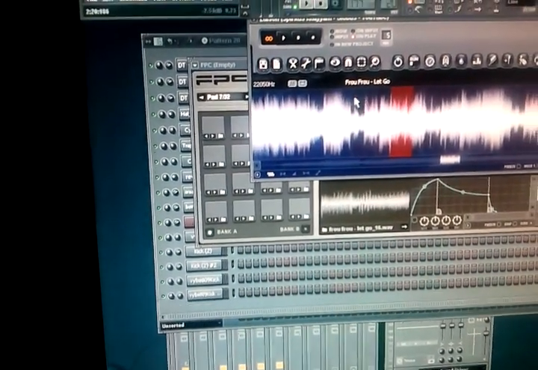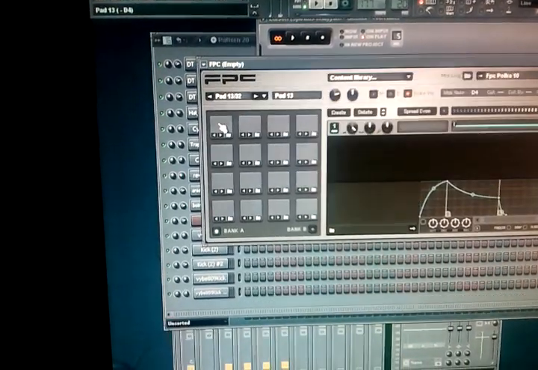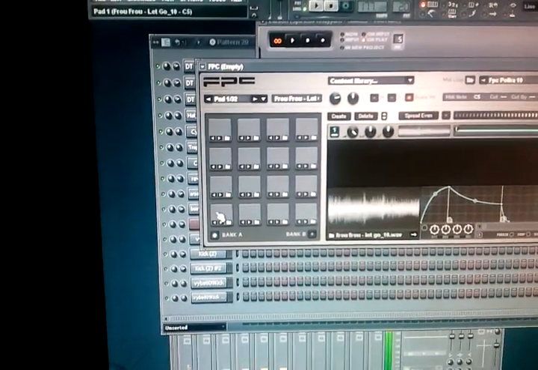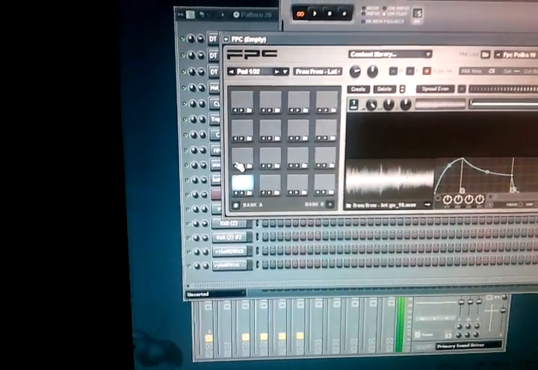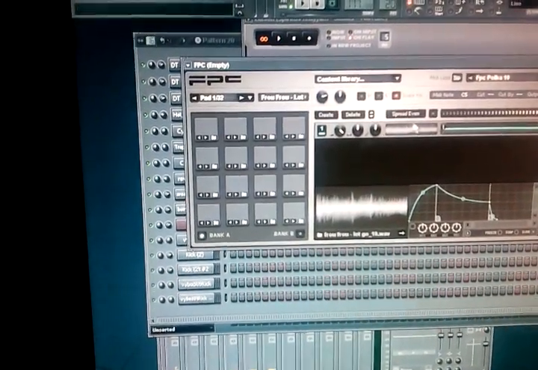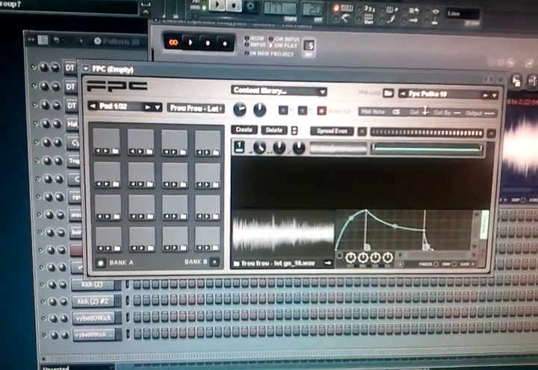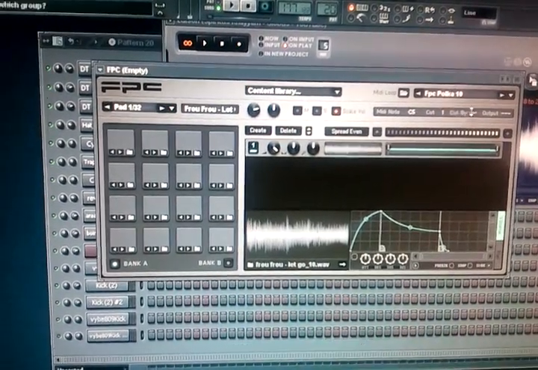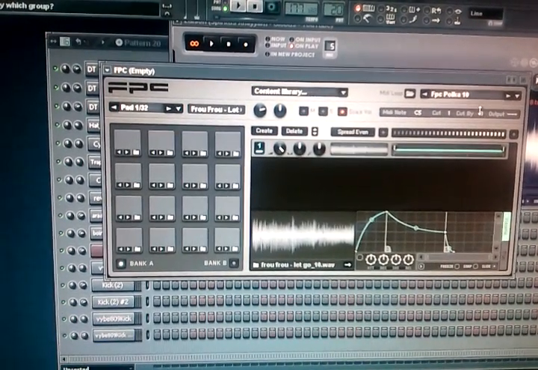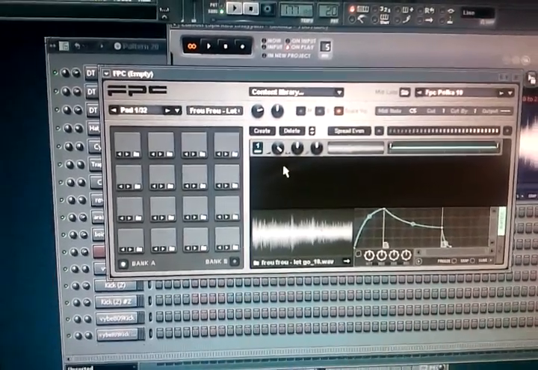You can do up to 16. You know what I'm saying? You can do up to 16 of them. Alright, now your next step is you gotta go over here and do cut. Make sure these are 1, because when you tap on it, they don't overlap each other, they don't overplay each other. So all these gotta